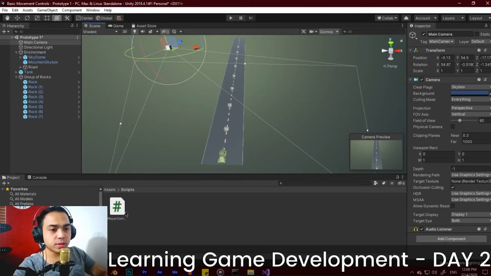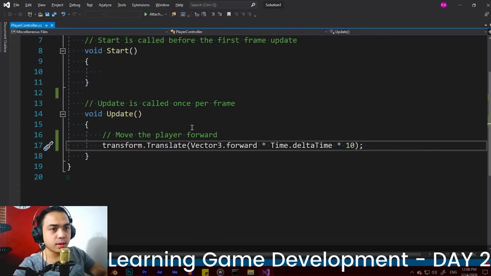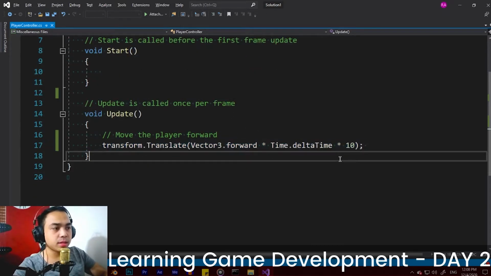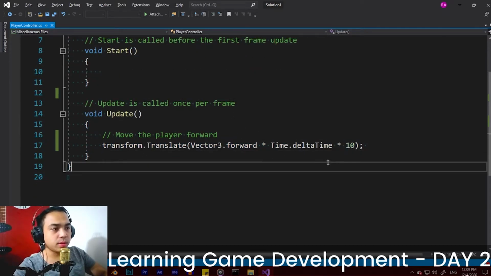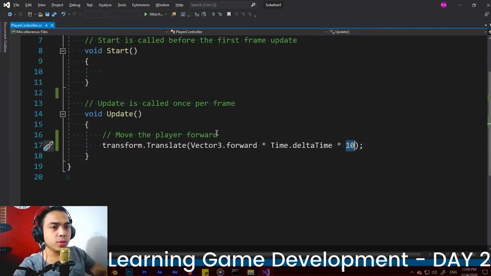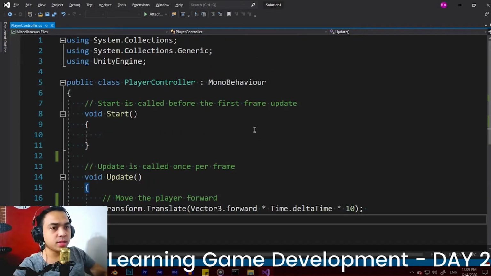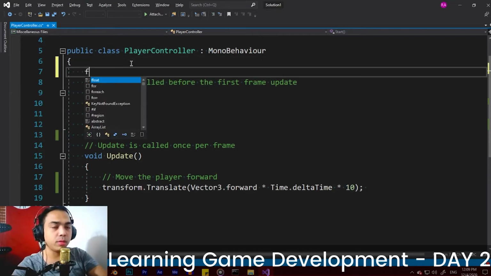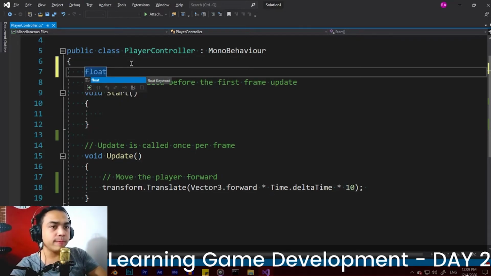So double click your script here on your asset window once again, and as you can see here in our movement, the movement of our tank is moving at a whole number, 10. If you want to edit that code, it will be hard and inconvenient because you have to go down your program and find that. So what we do is we create a variable. The data type for our variable is going to be float because it's a decimal, and name it speed, and we're going to set the value to 10.0f;